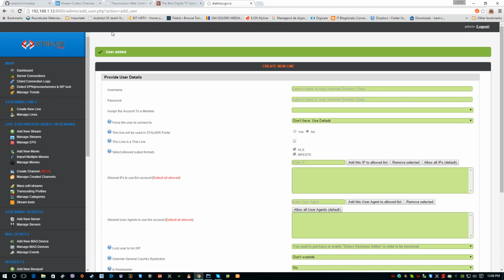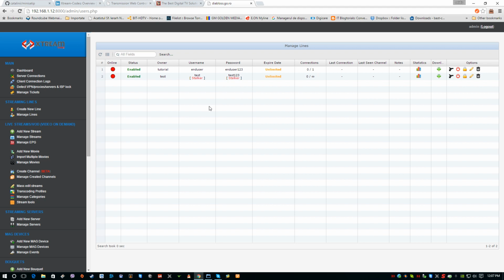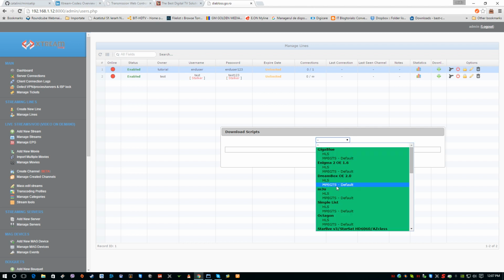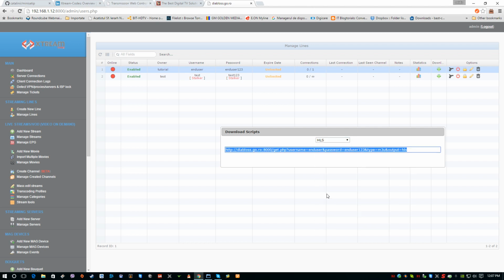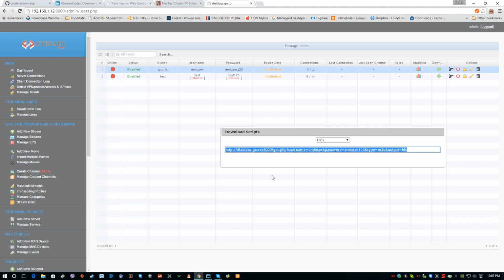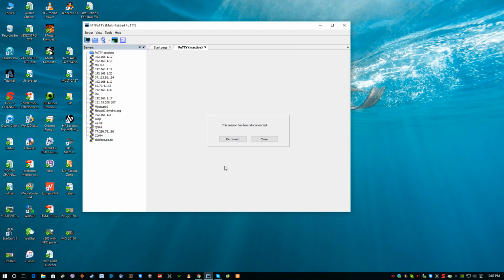Yeah, the new line is created, the user is added. Now, to provide the line to the end user, and to make sure he is able to see the channels, I go to manage lines, and I will generate an M3U playlist with the channels which are running. The list is generated, as you can see here. I will copy this list and send it by email, or just paste it